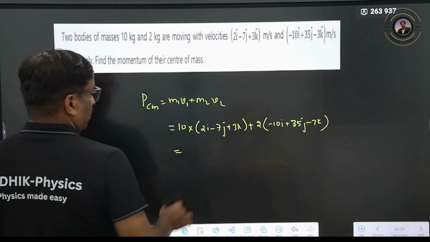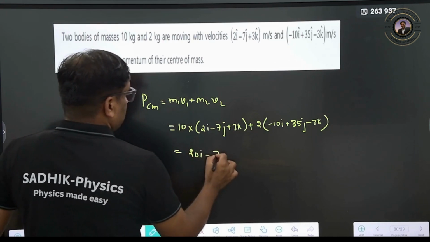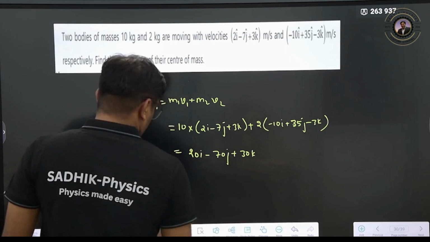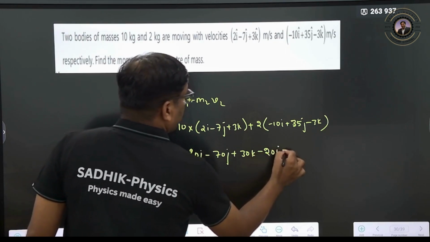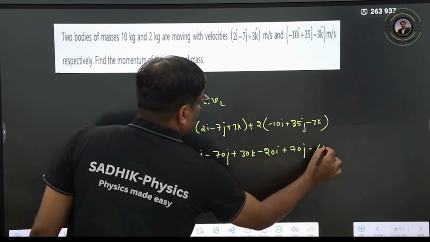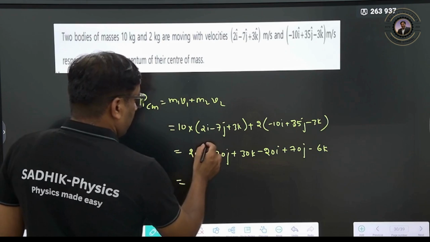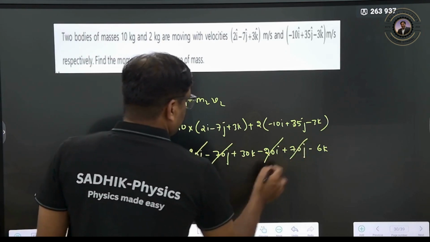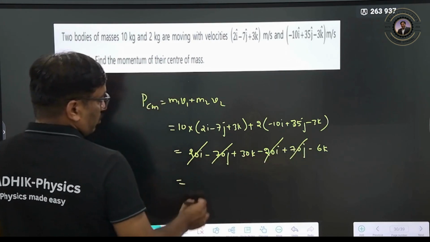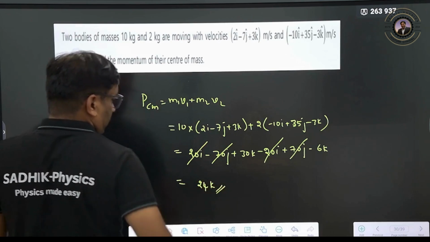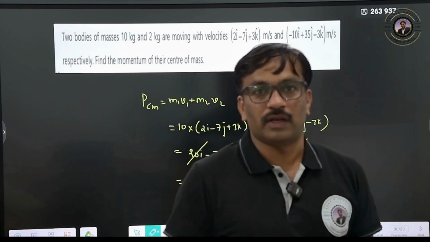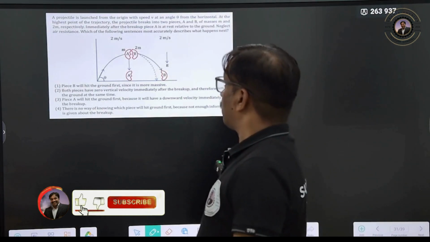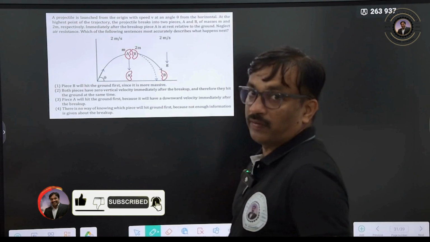Therefore you can write it as 20i cap minus 70j cap plus 30k cap, minus 20i plus 70j cap minus 6k cap, right? So how much will it be? The 20i cancels out, the 70j will also cancel out, so 30 minus 6k, therefore 24k cap. So that will be the momentum of your center of mass. Like this you can calculate it. Very simple one. Yeah, I already explained it at the starting point. So here